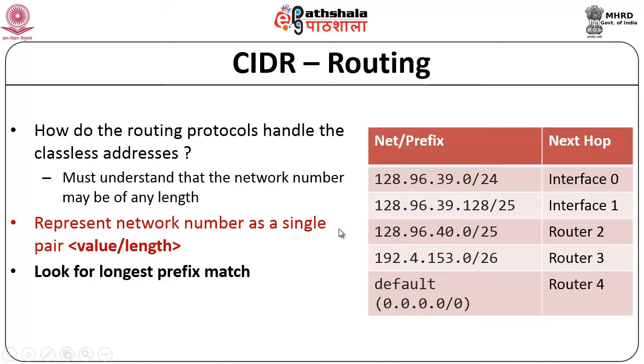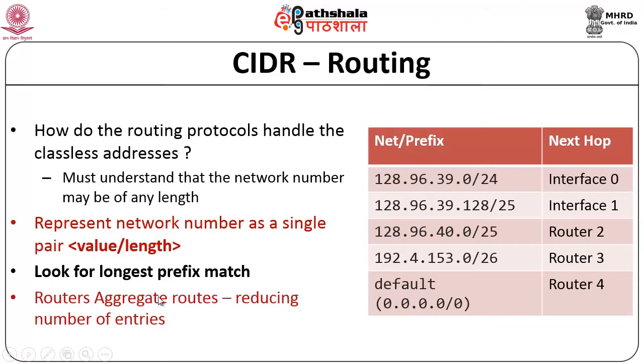So, when a packet arrives, you pick out the destination address, apply the mask with whatever prefix number you have, and check whether it matches the corresponding network address. If it matches the network address, then you send it to the corresponding next hop. What is important here is that we need to look for the longest prefix match, because as we saw,